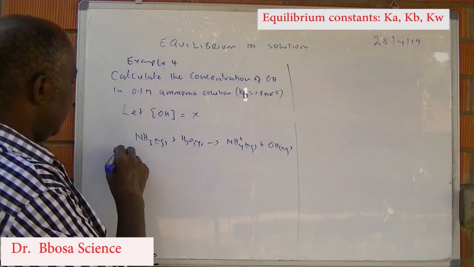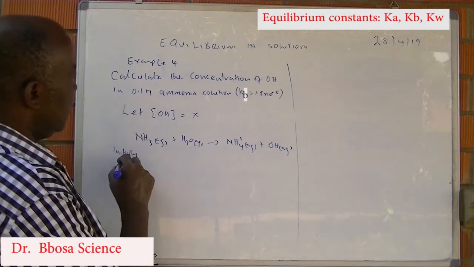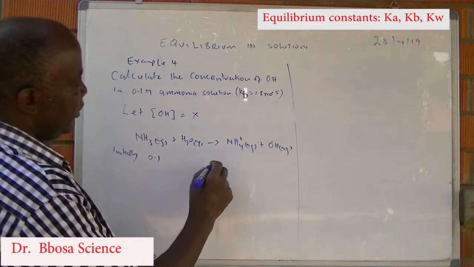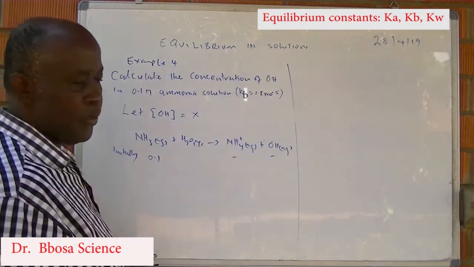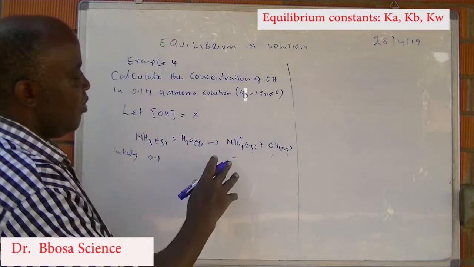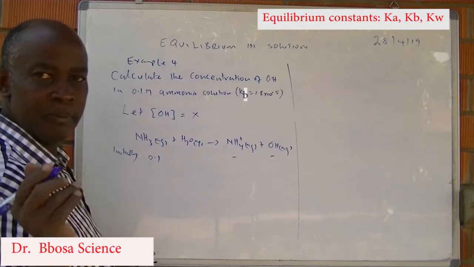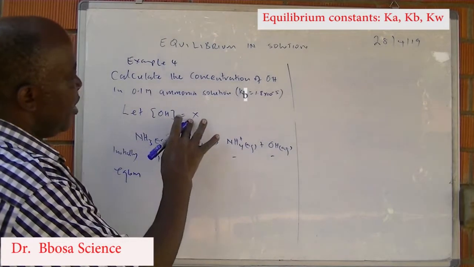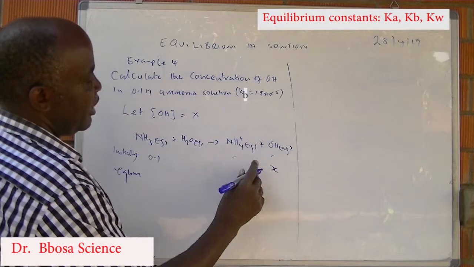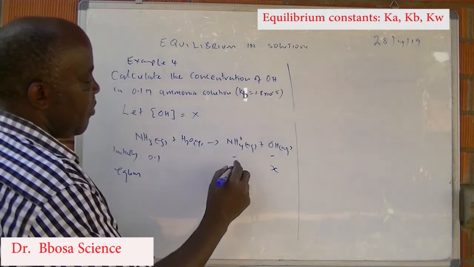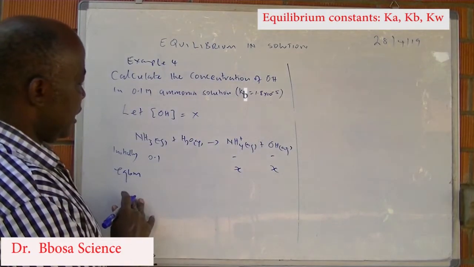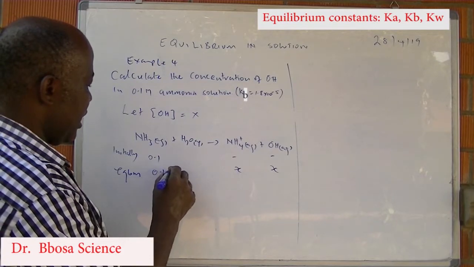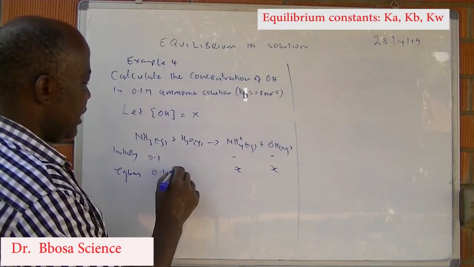Initially, we have 0.1. We have no moles of hydroxide ions. We have no moles of ammonium ion. At equilibrium, we have said the concentration of hydroxide ion is X, equal to the concentration of ammonium ion X. The concentration of ammonia will be equal to 0.1 minus X,